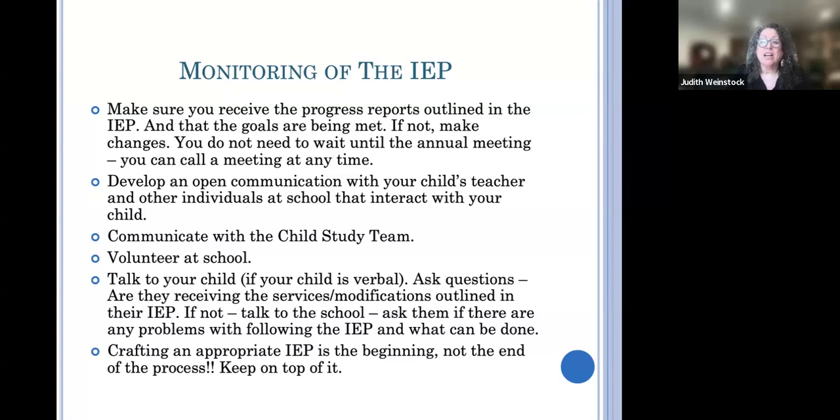You've got to write to the school in writing, send an email to the case manager and say, my understanding is that my child's not receiving his OT services twice a week, or it was canceled this week, or I understand that the OT therapist was not around for 3 weeks. They were on maternity leave for 2 months. Whatever it may be, you need to communicate that in writing to the child study team, to the IEP team, so that you can make sure that it's documented, because that documentation is basically demonstrating whether your child's being provided with the services they're guaranteed pursuant to the IEP, which again is a contract.